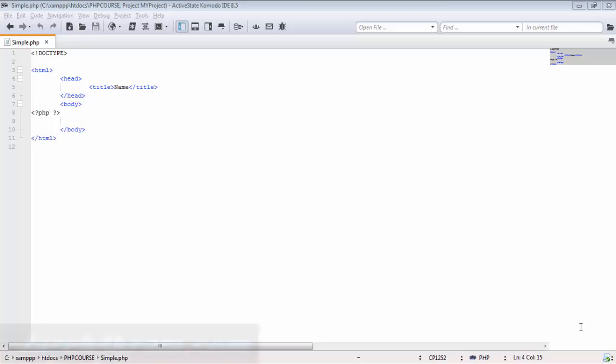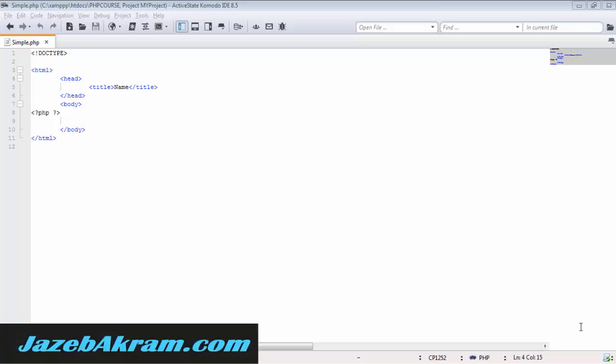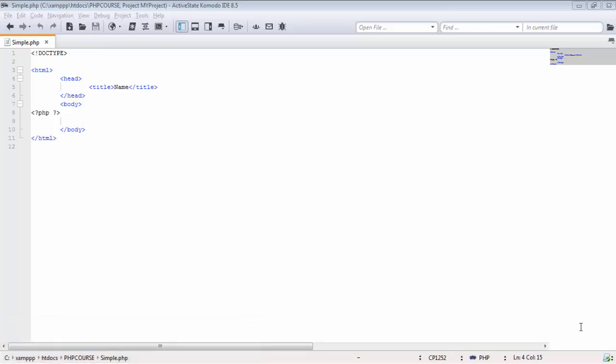So like the simple variable that we have seen so many times, we do have one more type of variable called static variable. And the only difference is that in the static variable, the variable's value sticks with it. Now let me show you the static variable concept by a quick example.